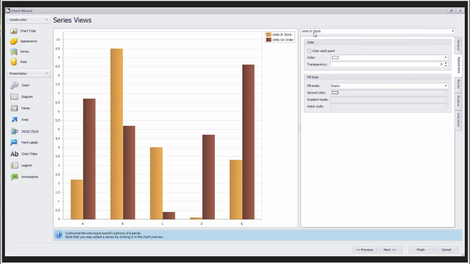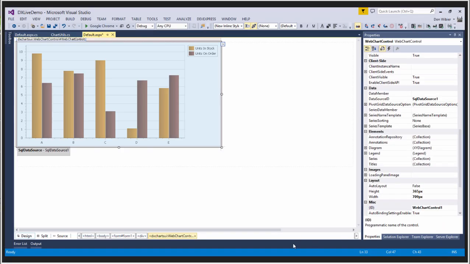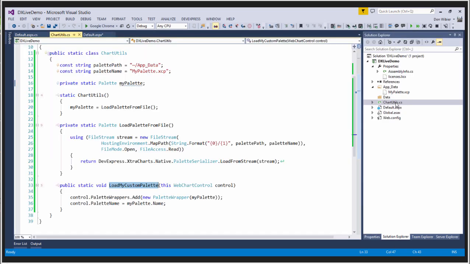Nice. Now on into the UI. Yeah, but you might run into the same kind of maintenance issues as what I was telling about loading up those palettes. So you can also do that by code, and because we've already done a bit of setting up with my extension class, it's pretty easy to extend that class just a bit. So if I just go back to the chart utils,